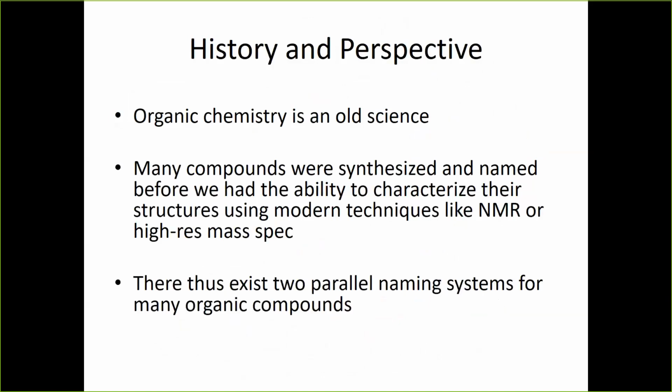Because of that, there grew up two separate naming systems for organic compounds. The one that you learn when you take an organic chemistry class as an undergrad is called IUPAC. I'm going to talk more about that in just a second. But that's a fairly recent thing compared to the original system, which was called the common nomenclature. There are quite a lot of names that are still used from before IUPAC came about, and these are the ones that people sometimes ask, where did that name come from?